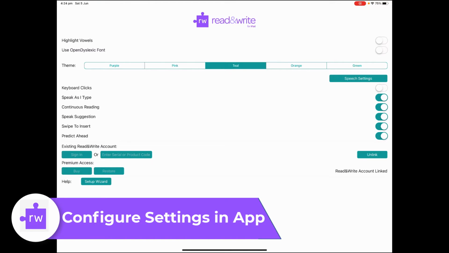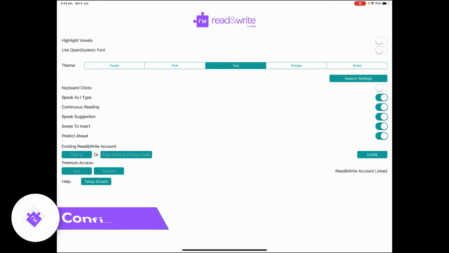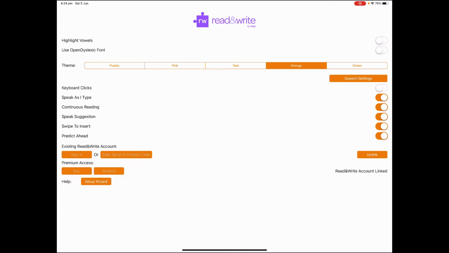options that you have. So you can highlight the vowels, use the open dyslexic font, you can change the colour if you wish. Keyboard clicks, have those off or on. Speak as I type, so that means every time you press a space it will read the word that you've written. Continuous reading, speak suggestions, so that allows students to tap a word from the prediction line and it will